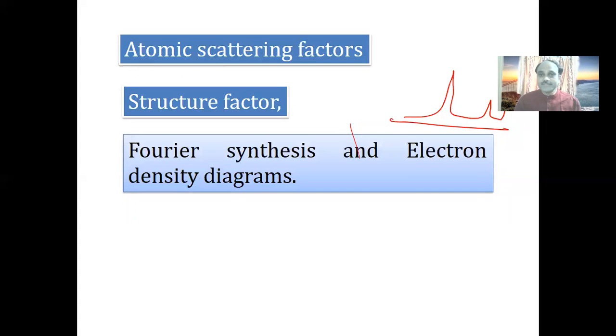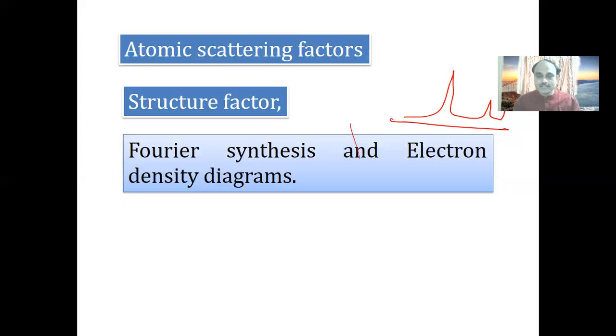Likewise, different atoms have different electron density. When the X-ray falls on an atom, depending upon the electron density, the scattering intensity becomes different. So, while deducing the peak intensity, we have to look at the atomic scattering factor, and